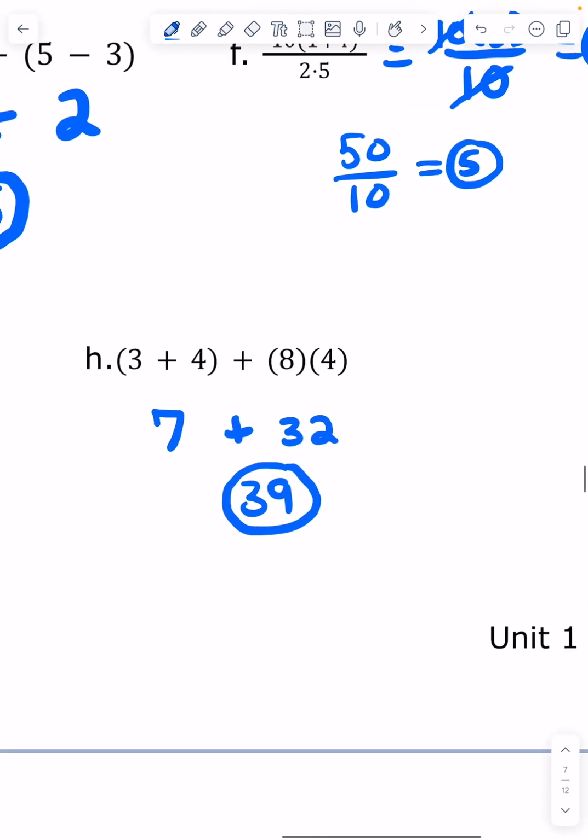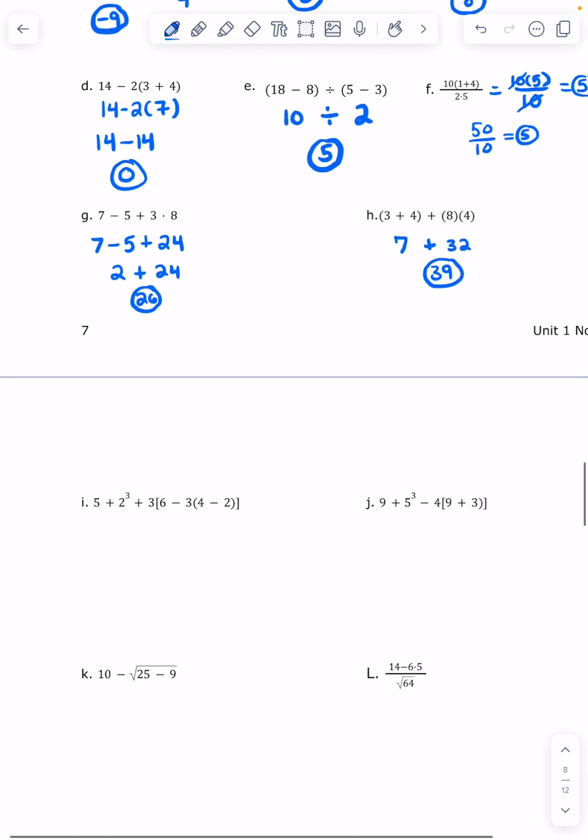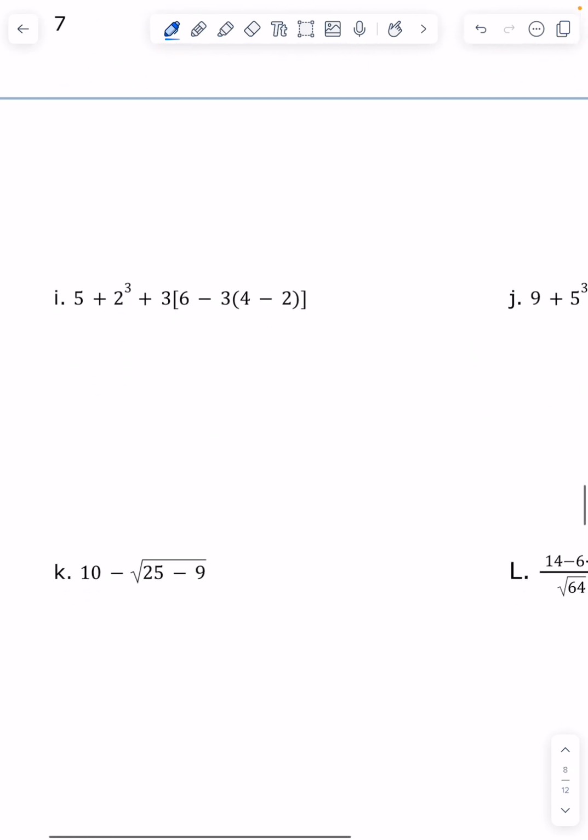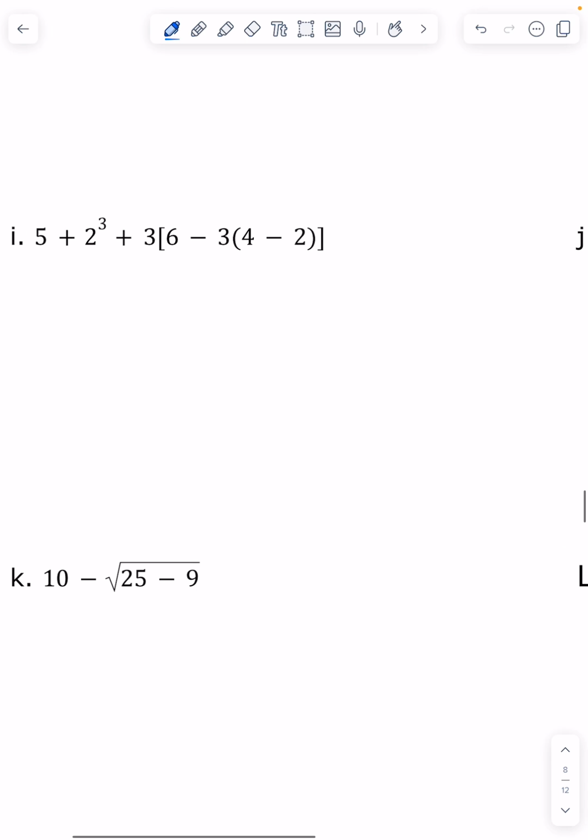Is that it? No, we got some more on the next page. Ooh, now they're getting hard. All right, I is 5 plus 2 cubed plus 3 bracket, 6 minus 3 parenthesis, 4 minus 2 close parenthesis,